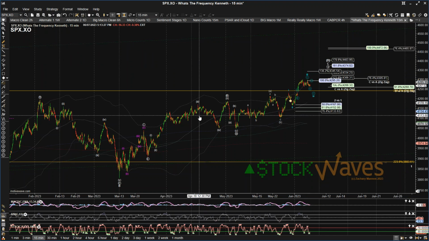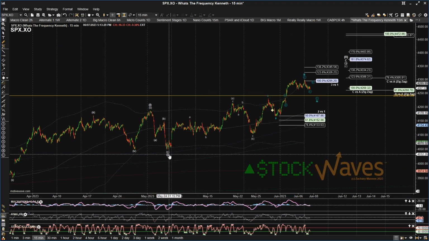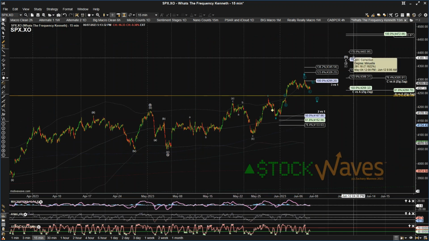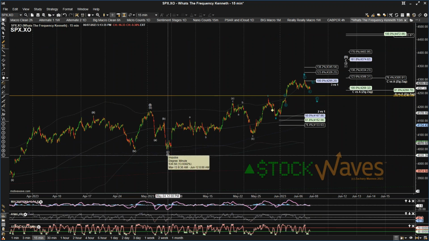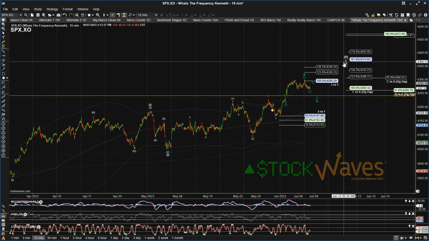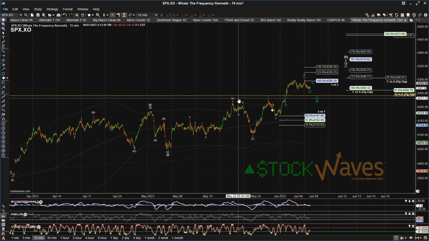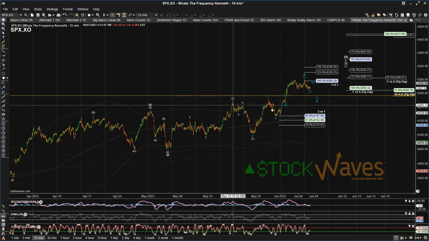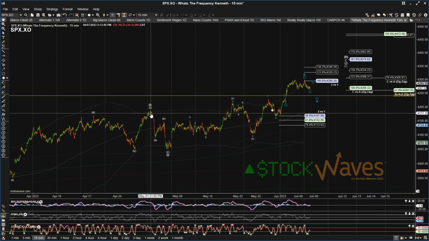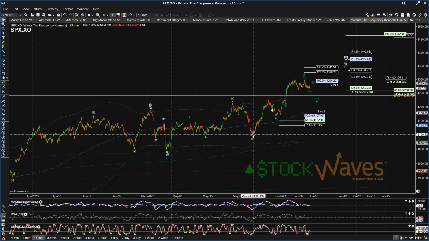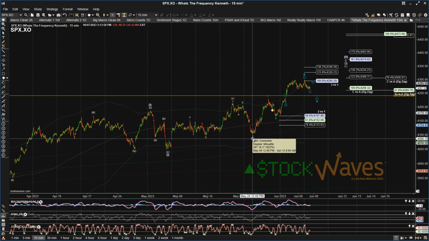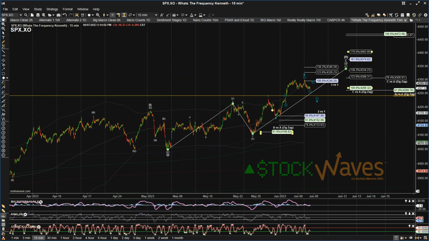So now zooming in on the structure off of this earlier May low, we were looking for an ABC move up as the circle wave 5 of the C wave. It's 1 degree smaller if we're dealing with the purple C of the Y wave. And we knew that that was going to be a 3-wave move up. There was a risk that a nominal higher high here in May over the top of the May 1st high could have been all of that circle wave 5, but we held support as an ABC retrace. That was right around a 618, I believe. Yep, right at the 618 retrace for that parentheses B wave,